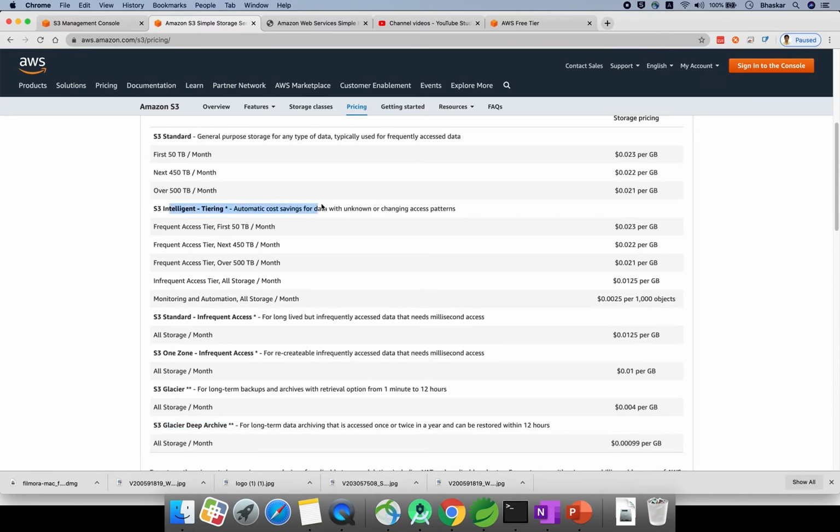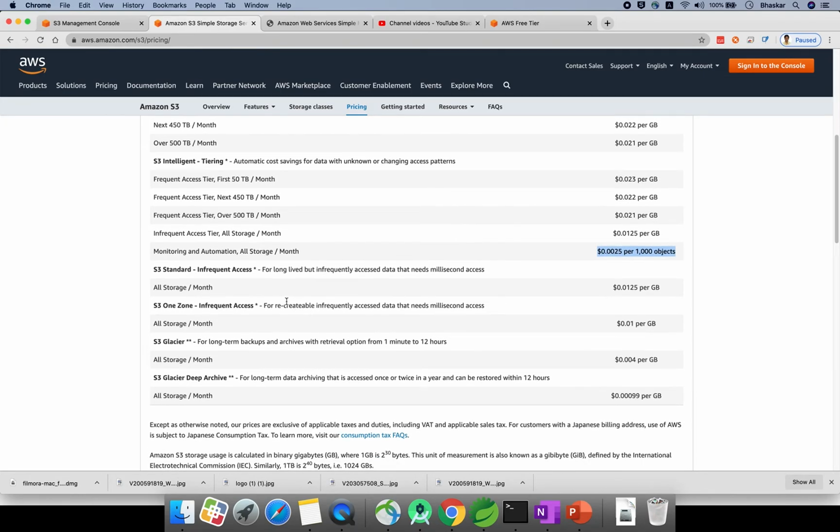And if you say Intelligent, it enables machine learning. If you see the pricing, both are the same, they will charge only for the monitoring. See, monitoring and automation, so every 30 days it will be monitored, right, to decide which storage class it needs to go to. So this is the pricing for this pattern. And we have one more, Infrequent Access. It is not specific to the storage, it is maintained monthly, 0.125. You see the least cost is Glacier Deep Archive. So if you see, this much per GB, this many dollars are the pricing.